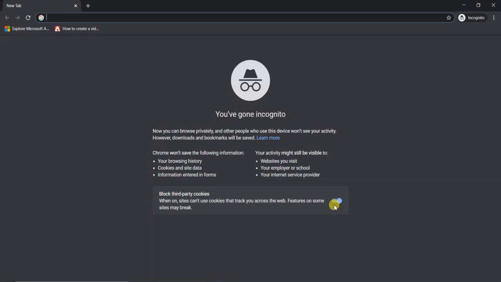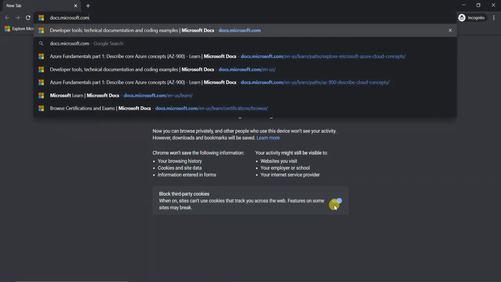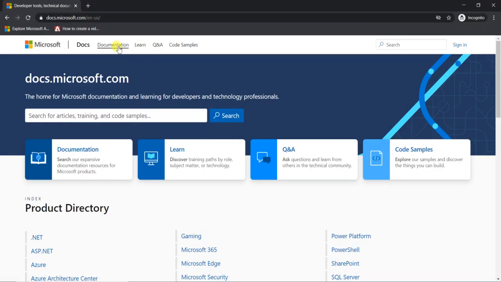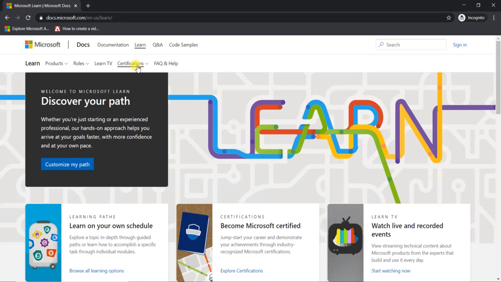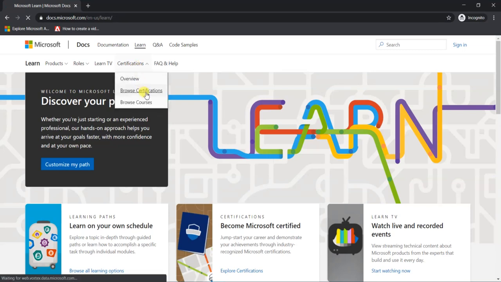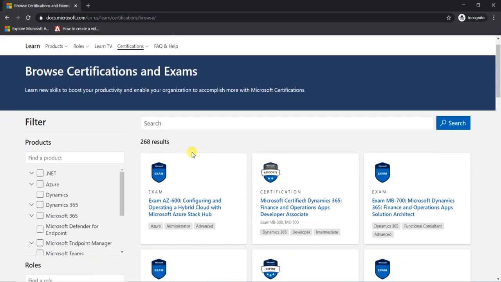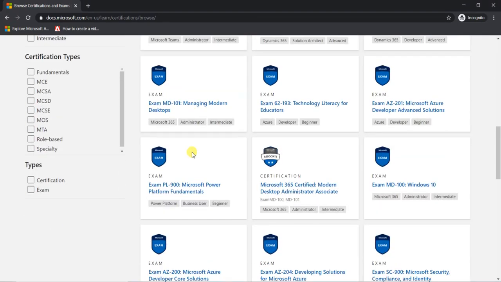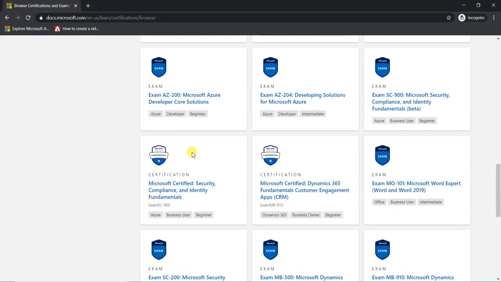So what you have to do is go to this URL, that is docs.microsoft.com, and over here you have to go to Learn. In this Learn section, you have to go to the certification section, and go to Browse certifications. Over here we have the list of all the certifications that Microsoft provides. We can take all these exams according to our need,